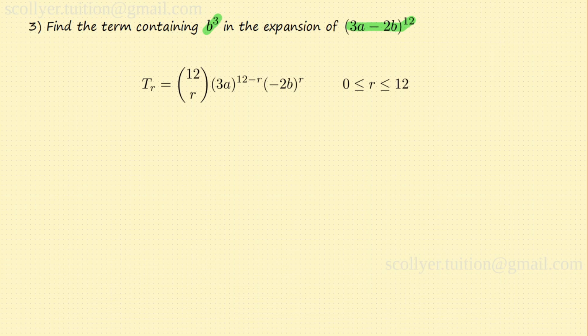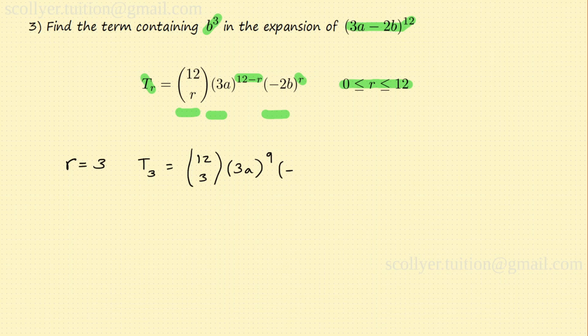Problem 3. Find the term containing b cubed in the expansion of 3a minus 2b to the power 12. The rth term, t sub r, has the form 12 choose r times 3a to the power 12 minus r times minus 2b to the power r, where r runs from 0 to 12 inclusive. Now we require the term containing b cubed, so we must take r equal to 3. We therefore require t sub 3, which is 12 choose 3 times 3a to the 12 minus 3, which is 9,